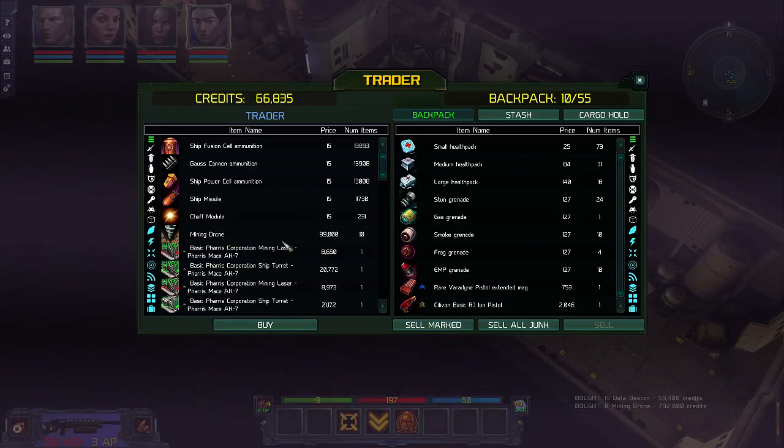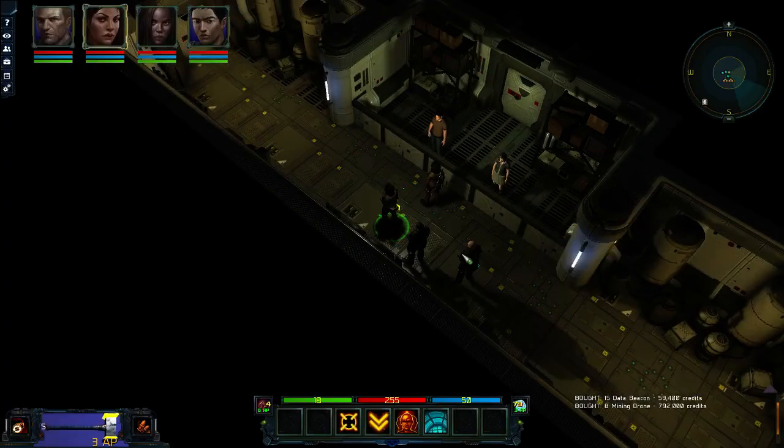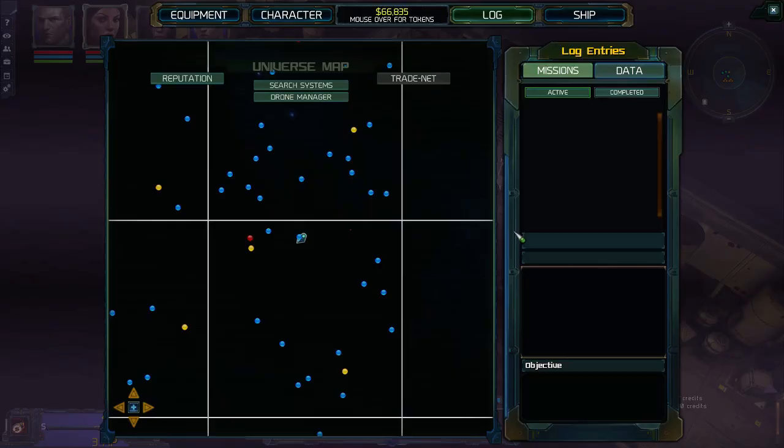Right, let's come out of here. There's nothing else for us to buy in here or need. Okay, now I'm going to switch to Lefia and go back to the ship. Oh, just to quickly show you before I leave the station, the developer mentioned how we can view the drone manager. So if I go to the star map